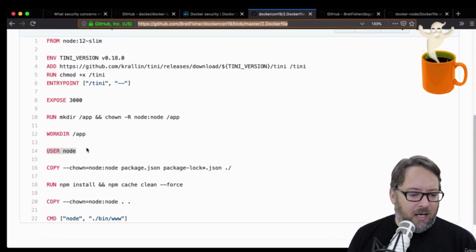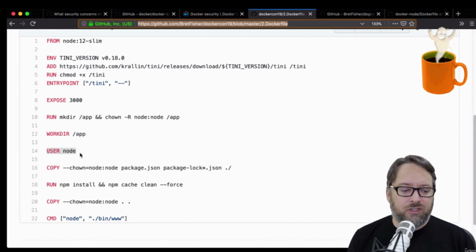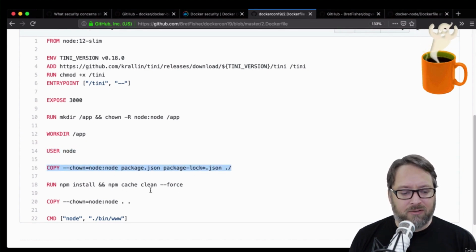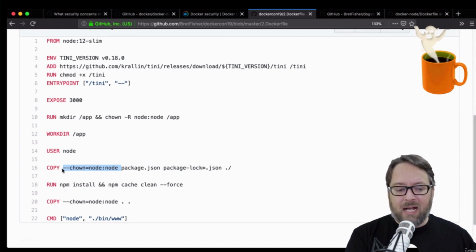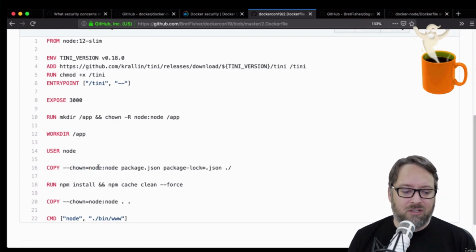So in this Docker file, I didn't create a user because the node image already created it for me. I'm just changing the user to user node. And then I'm installing my packages with these 2 lines, and then later I'm going to run it. Now you'll notice that I have to start using the chown option in my copy commands to make sure that my files are now the same user as the user my program will run as, or otherwise there could be problems, right? My application probably, if it can't read the files, then it can't run it, right? So I need to change those permissions, and I can do that with a 1-liner on a copy command.